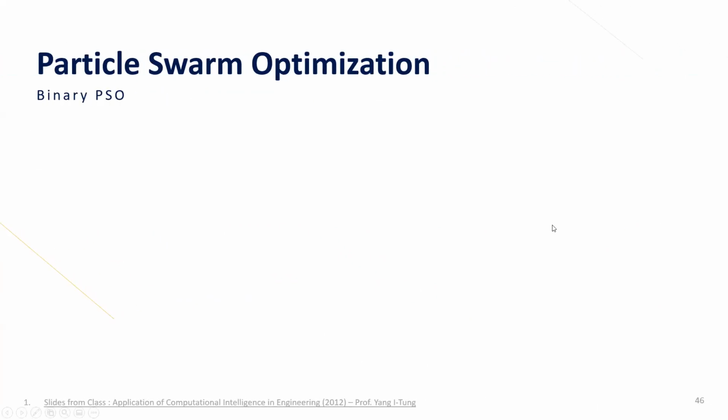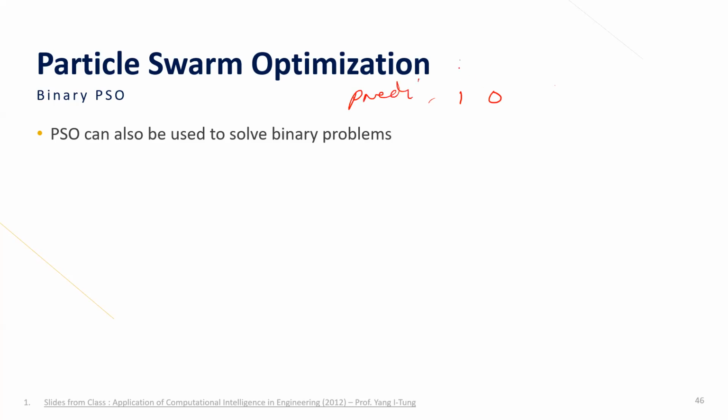Okay, now we talk about the solution representation. Solution representation is how you code your problems in the PSO framework. For example, if your problem is about binary problems, you want to make a decision, 1 and 0, right? It's like, for example, your P-median problems. You have facility 1, 2, 3, 4, 5, 6, for example. You want to select 2 out of these 6. So you can use the binary representation, for example.